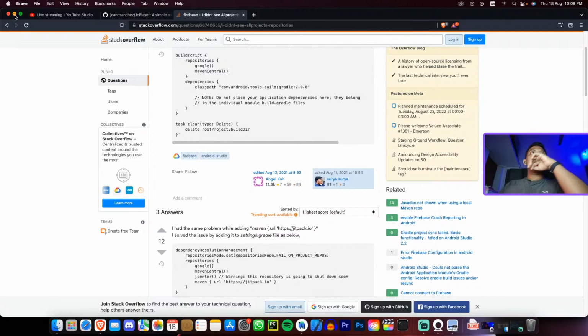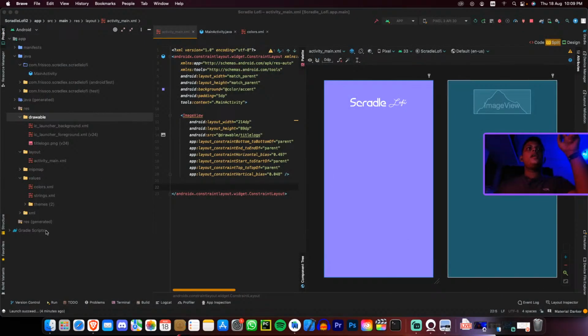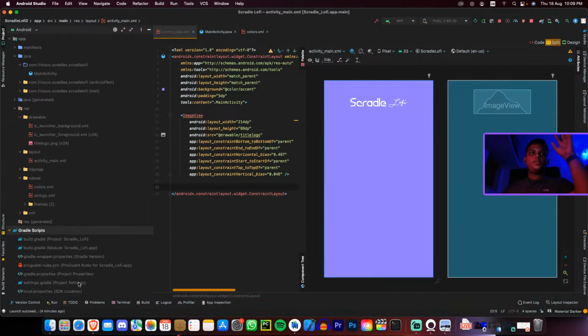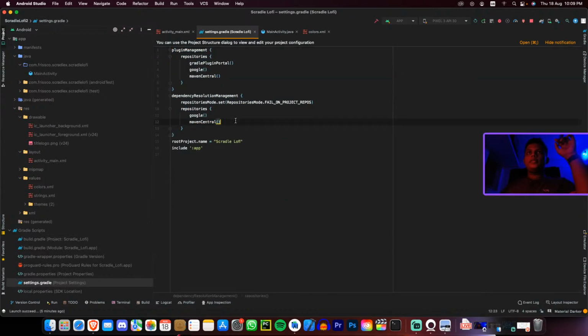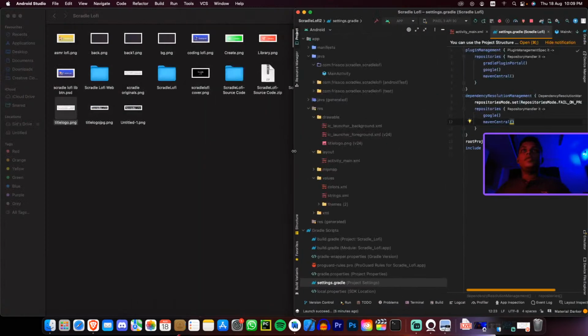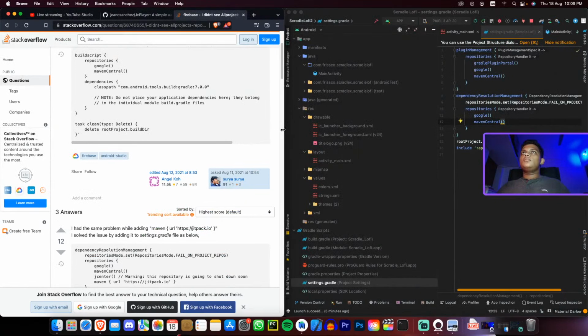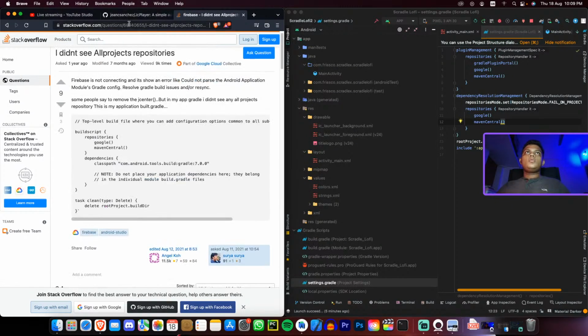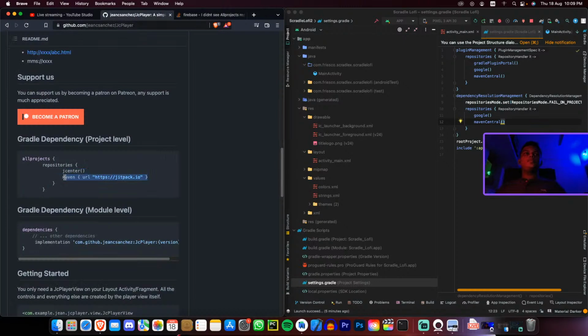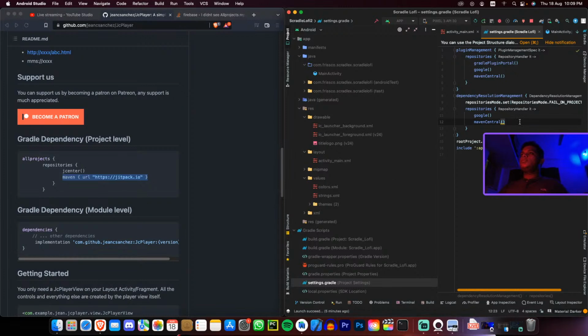Okay, so we need to add it to the settings.gradle. It's been a while since I touched Android Studio, so here I have it. Here I need to add the Maven URL. Let me just resize the windows. So let's add this Maven URL over here. Or else let me just type it: Maven, and it is a URL, and the URL is